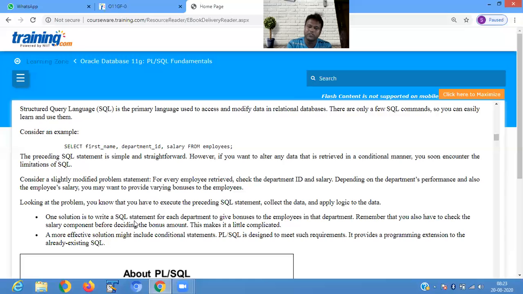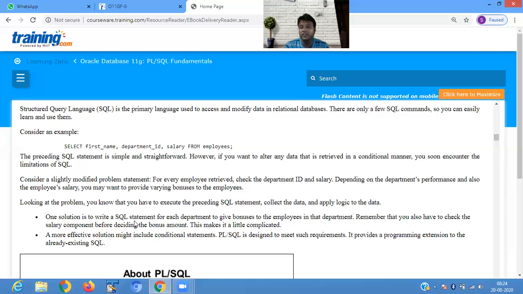In that situation, you have to use a conditional construct. You give a condition: if salary is between this range, then the bonus will be, suppose, 2000. If salary is, suppose, 8000 to 9000, then the bonus is 3000. So it is based upon the salary that you give a bonus. For checking that, we use the conditional construct.